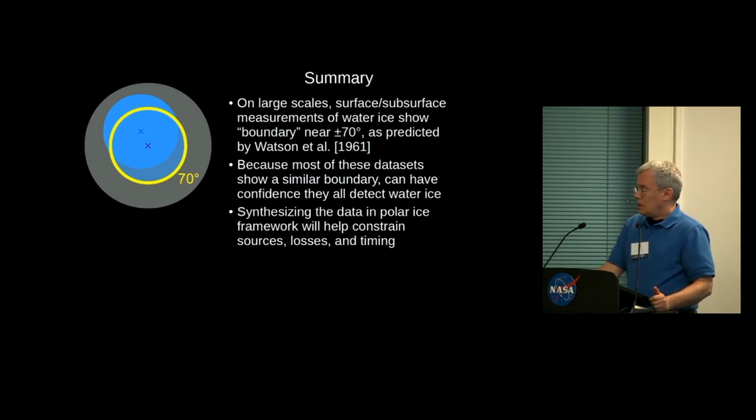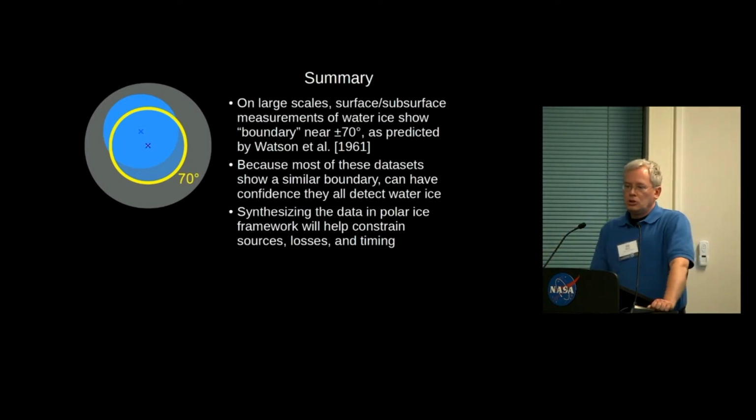And if we can really synthesize these data sets, looking at the same features, we can really start to constrain perhaps sources, losses, and timing of the hydration in this polar cap. And in particular, it might be useful to look at a map of the moon mapped not in the modern latitude and longitude, but in the paleo lat and longitude, and see if that paleo cap actually pops out. And finally, for future work,